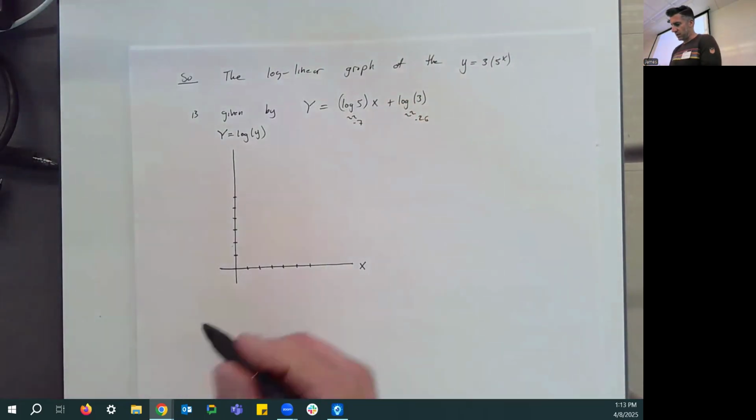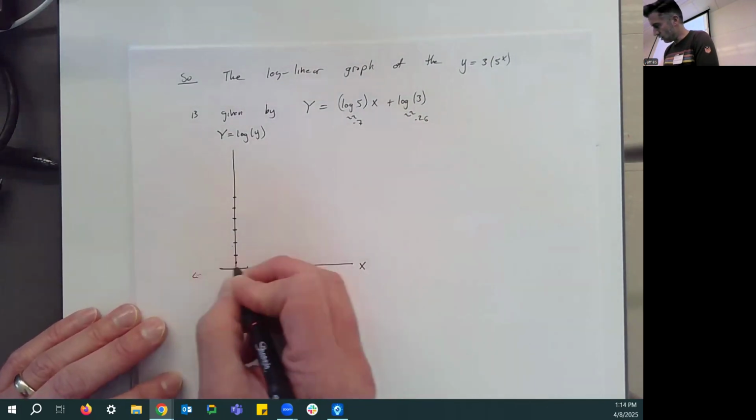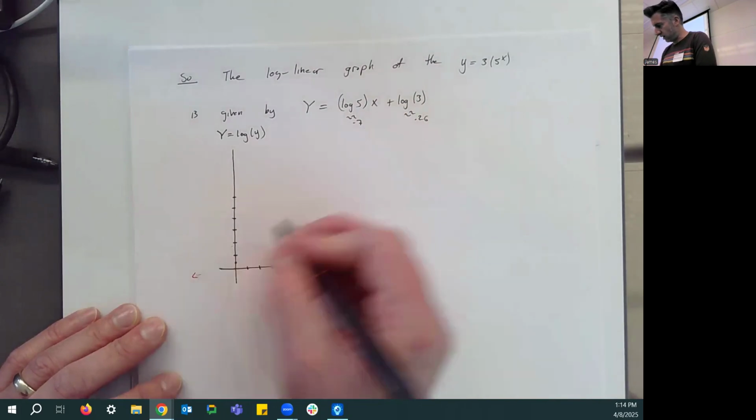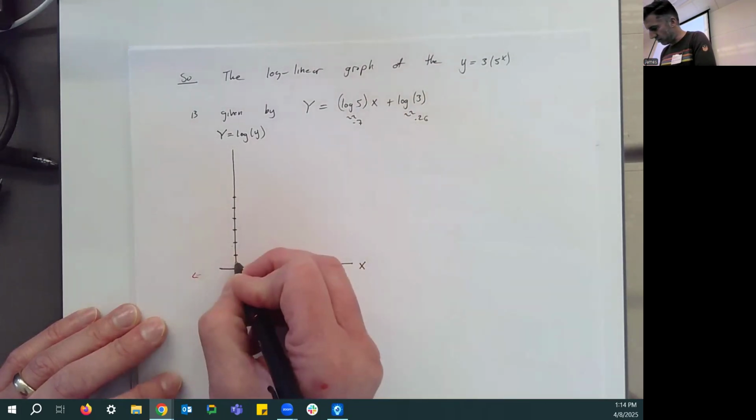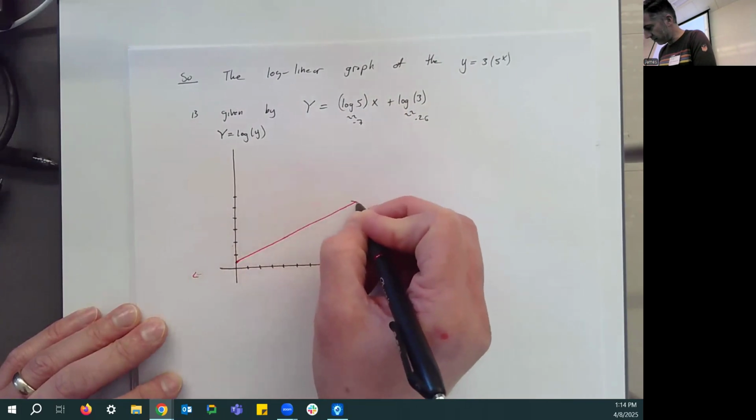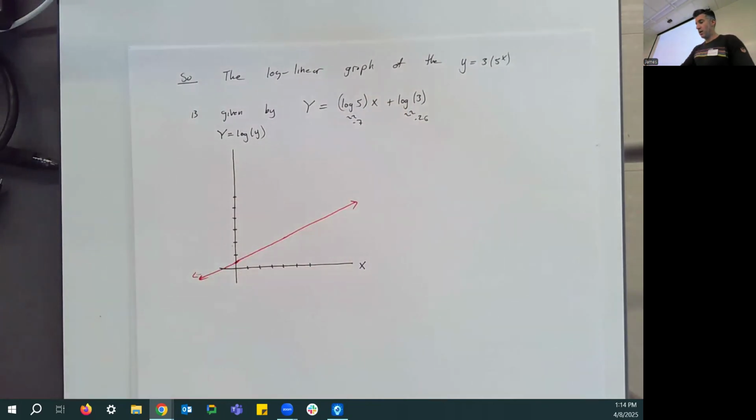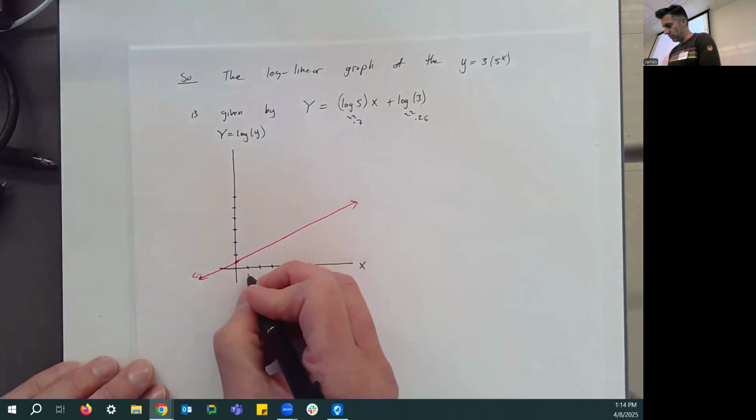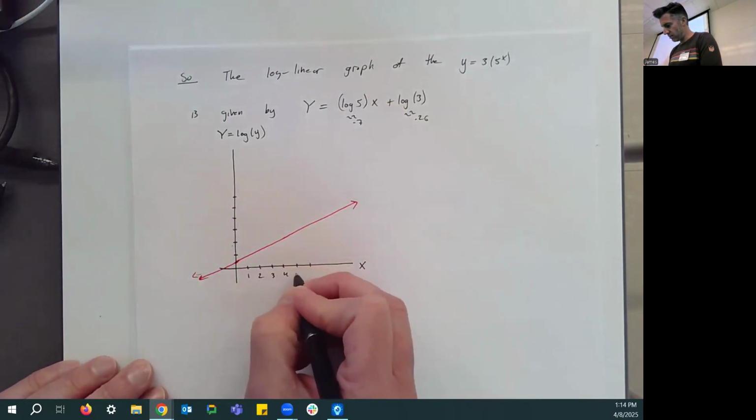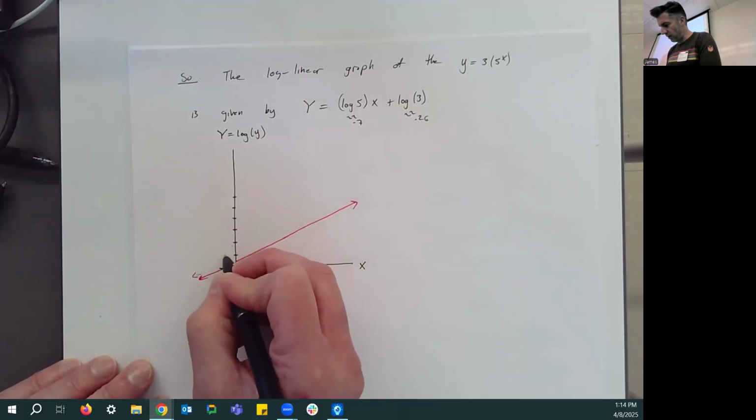So our graph looks something like this. It's got a slope of 0.7, and it's got a y-intercept of 0.3. So it's about like this, again, I'm kind of eyeballing it here. These are typical x values, but these are capital Y values,